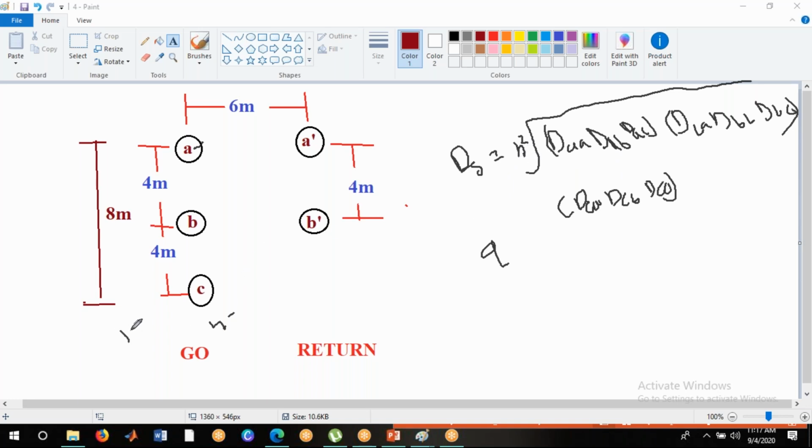So here we have 3 conductors in the go conductor, 3 strands. So n square means 9, the 9th root of the first term. If you take the reference as A, from A to A, the distance is DAA into DAB and DAC. So that is the first thing. The second term is DBB, DBA and DBC. The third term is DCC, DCA and DCB. So this is the way of finding the self GMD, that is GMR.